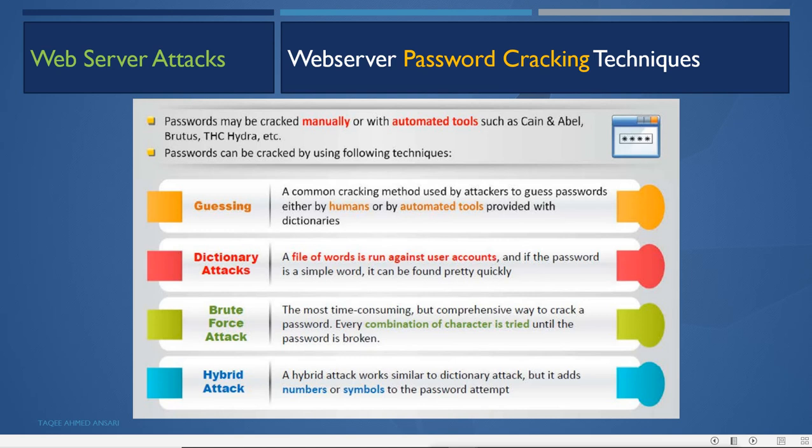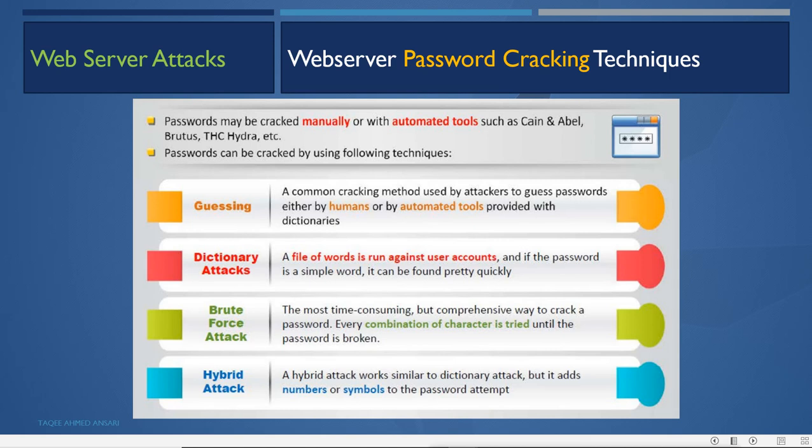So guessing means it will try all the possible passwords from a file like a dictionary file, either manually, where a human tries every possible password one by one, or with automated tools like Brutus, THC Hydra, or Cain and Abel to attack the web server and guess the password.